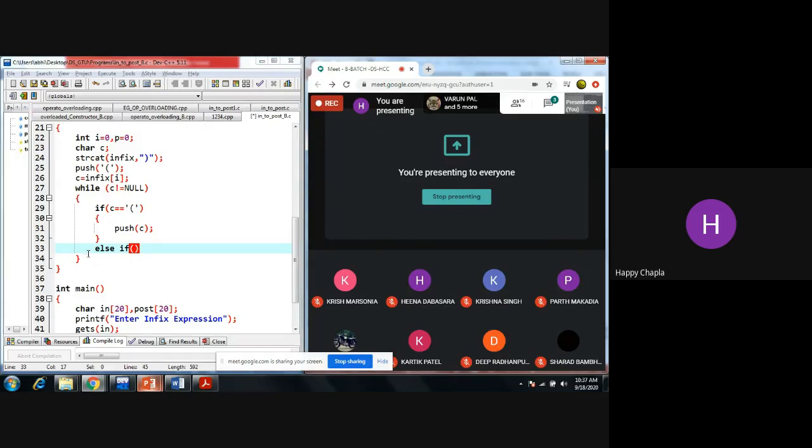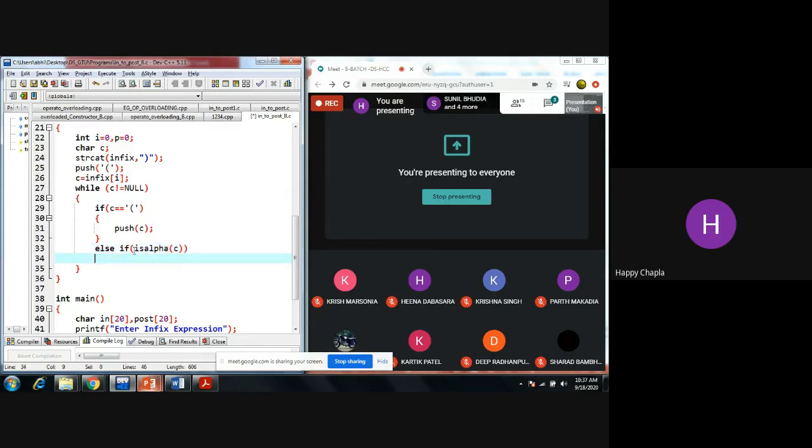If we want to check whether the entered characters are digits or alphabets, we have the options isdigit and isalpha. So isalpha of C will check whether your entered character is an alphabet or not.